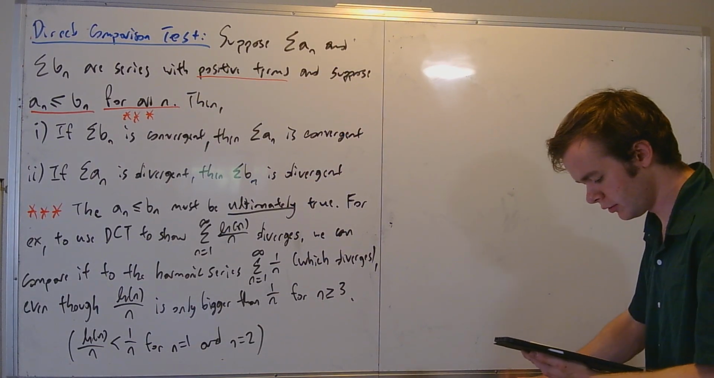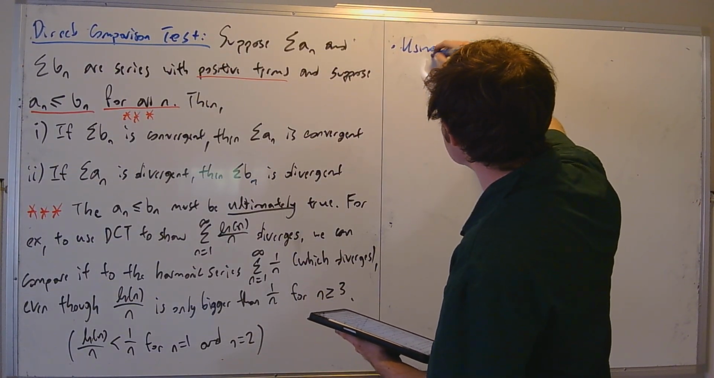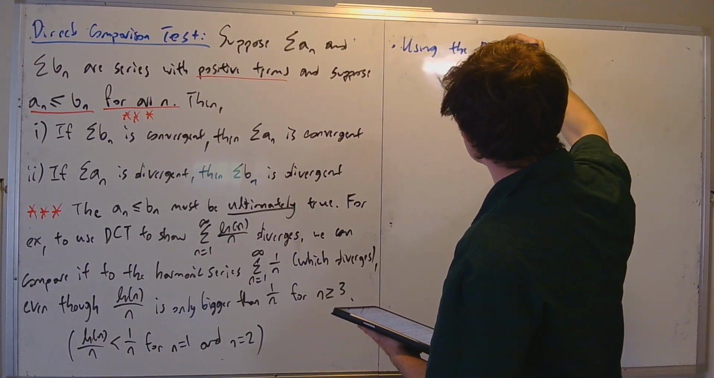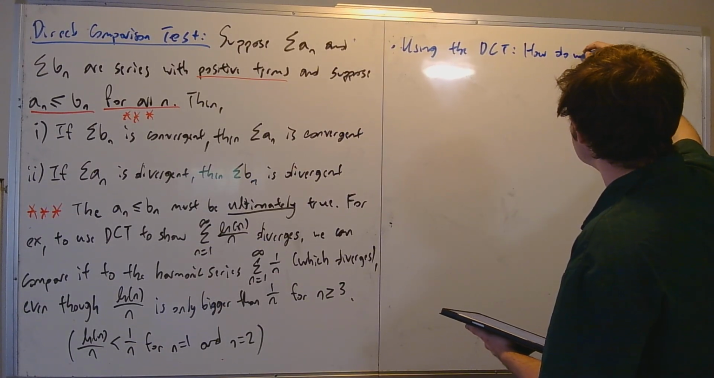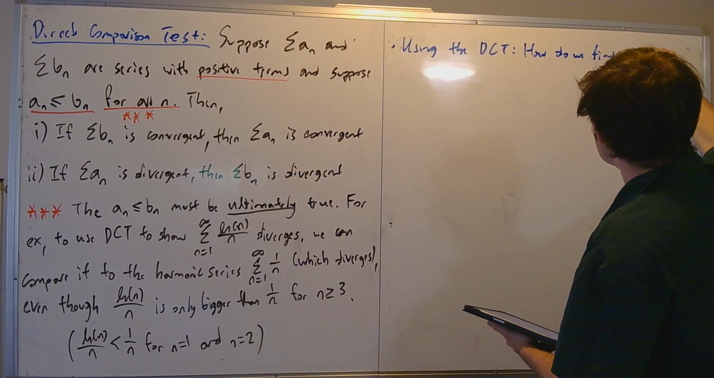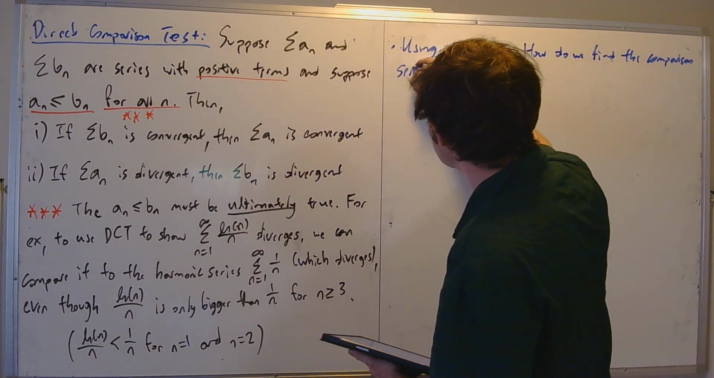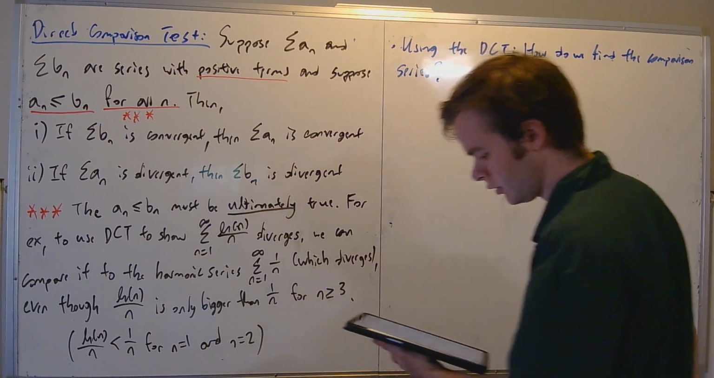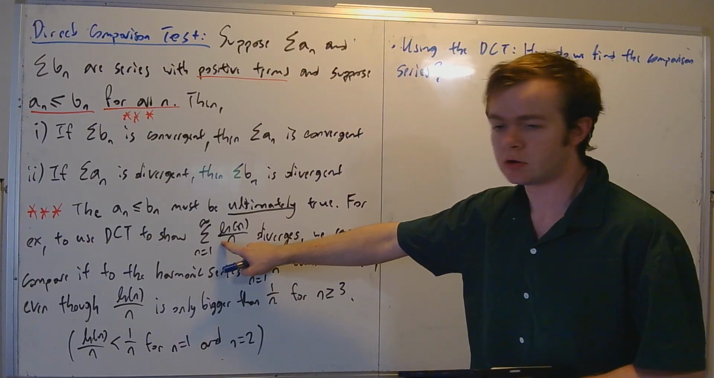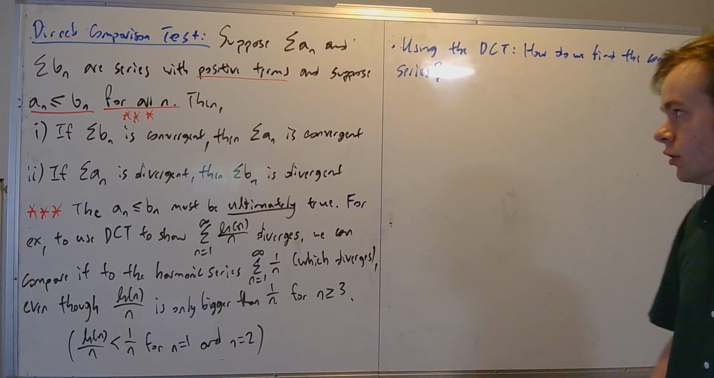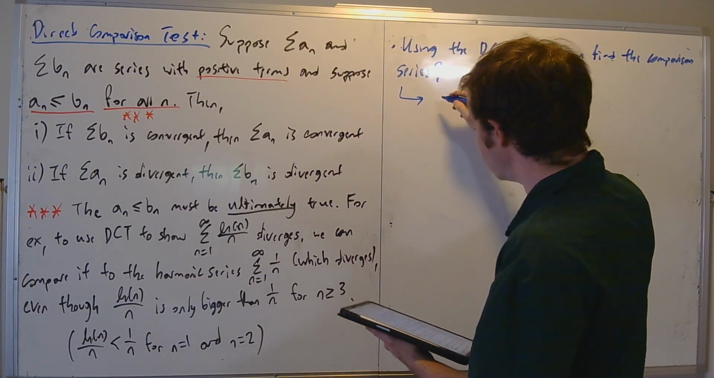So what I'll say here is, with using the direct comparison theorem, how do we find the comparison series? Because here I just kind of guessed that the comparison series should be 1 over n given our original series, which was natural log of n over n. So how do we figure out what it should be? Our answer here is most often